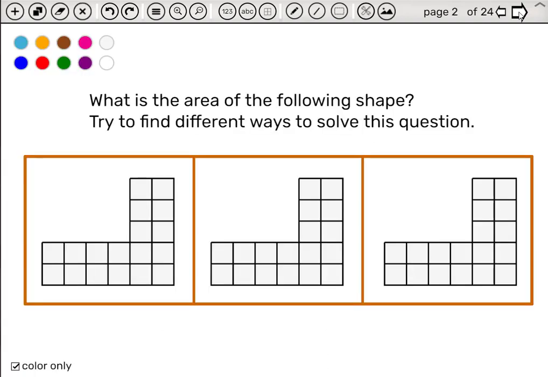What is the area of the following shape? Try to find different ways to solve the question. A student could say, for example, we didn't learn this yet. We only learned how to calculate the area of a rectangle. Some students may simply count the squares. The idea we hope the students come up with is to divide the shape into rectangles that they do know